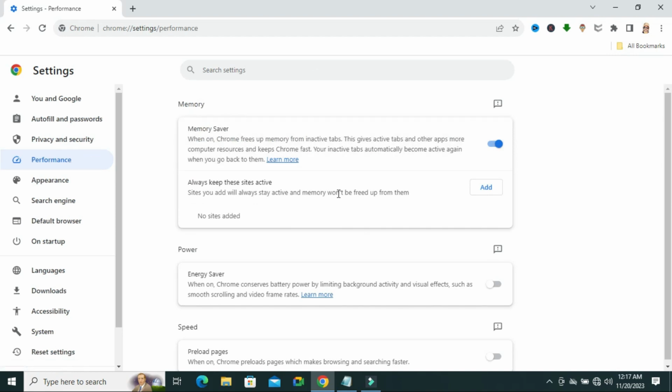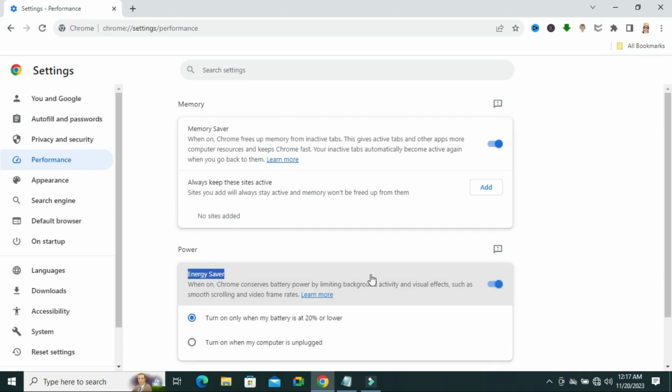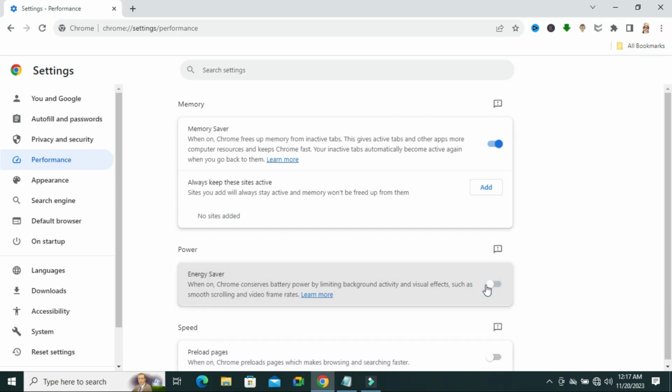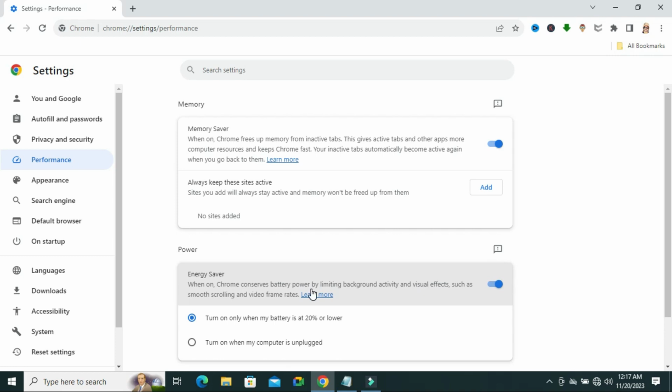Now here you will find a section, power. Under the power section you will find energy saver, and by default the energy saver is turned on. You just click here to turn it on. When on, Chrome conserves battery power by limiting background activity and visual effects such as smooth scrolling and video frame